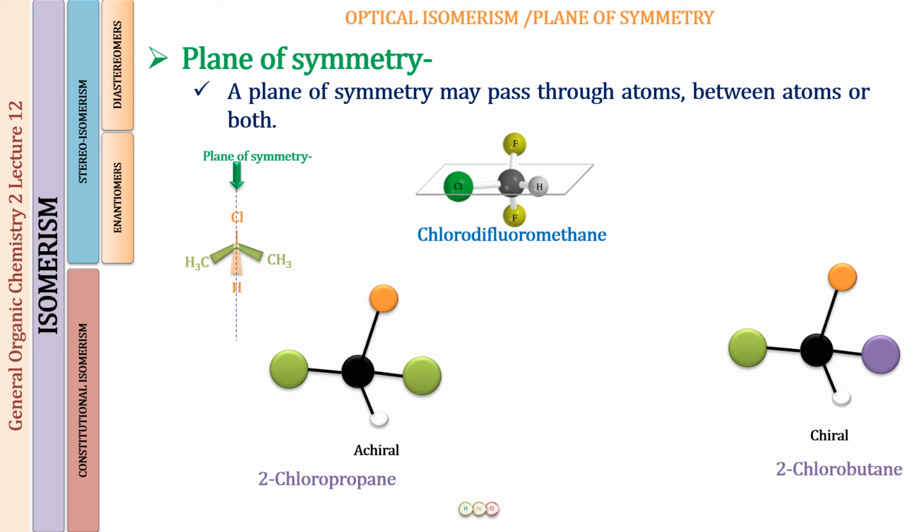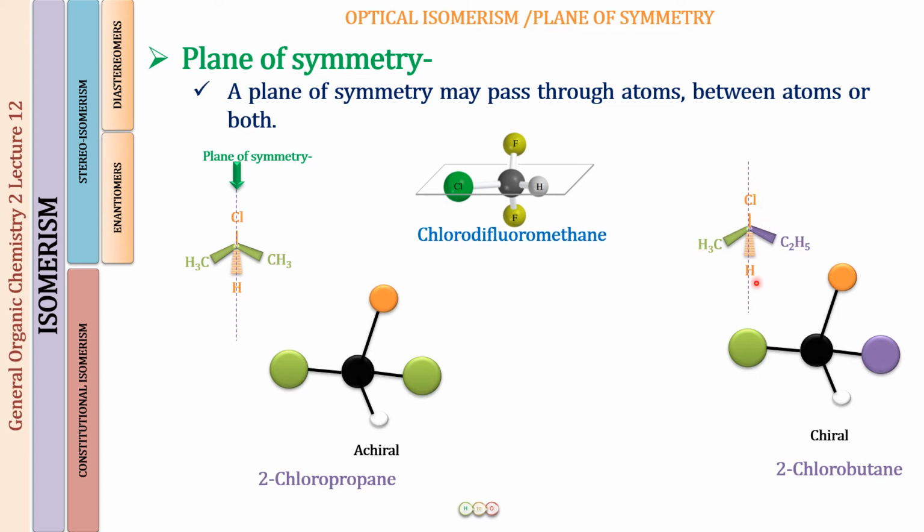So let us see, in a similar fashion, the wedge and dash representation of the molecule. In this wedge and dash representation, the same way, if we draw a plane which is going to bisect the molecule into two halves, it will be splitting the chlorine, a carbon and hydrogen into two halves. But the attached groups, well, that is going to be a CH3 group on one side and a C2H5 group on the other side. Well, this is not going to be symmetrical halves, right? So they are unequal halves.